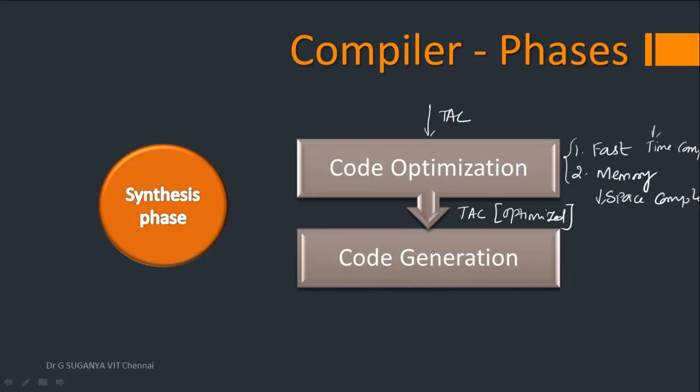Finally, the code generation phase takes its task, which is nothing but identification of registers for storing the important variables which are being run so many times, and finally converting it into machine level language. Actually, for education purposes, you'll write assembly level language code, but in general, it should be machine level language code, which can directly be run by the system. So this is an overview of both the analysis phase and the synthesis phase.